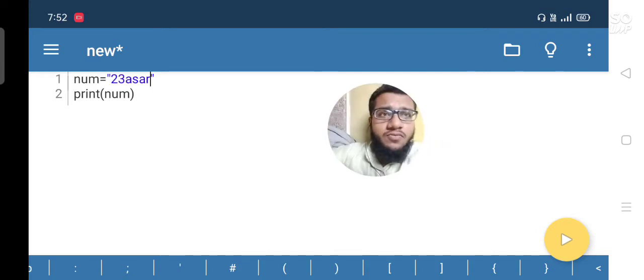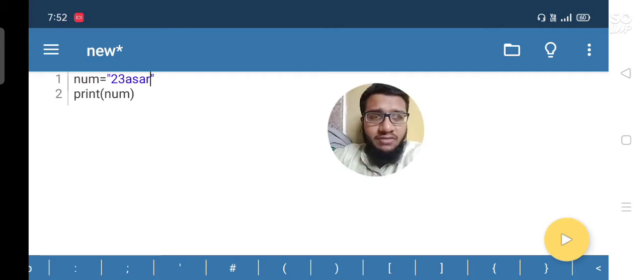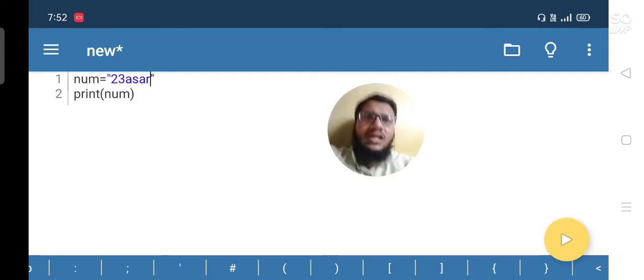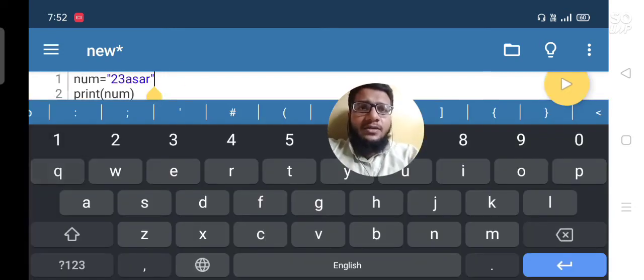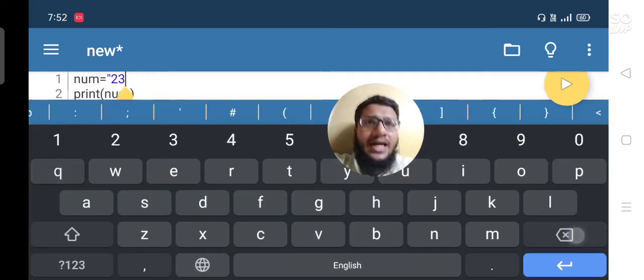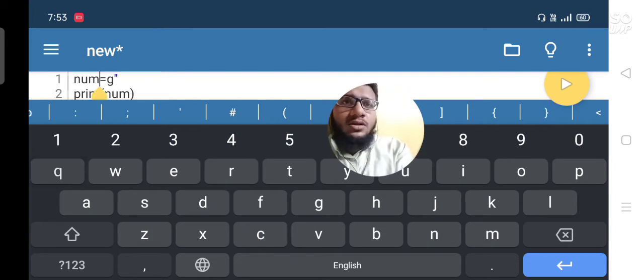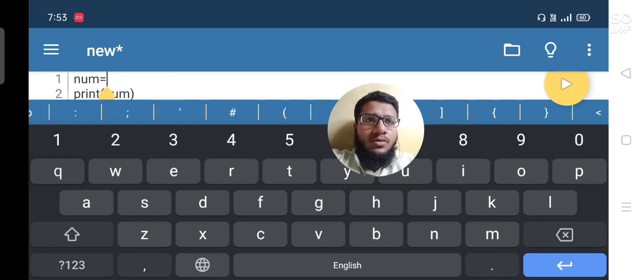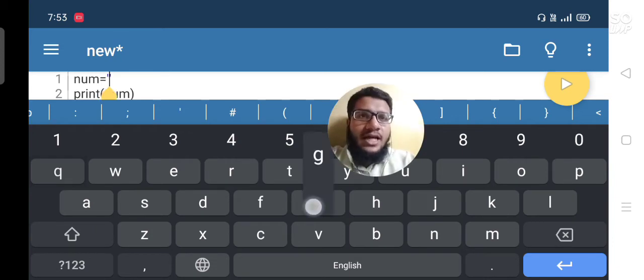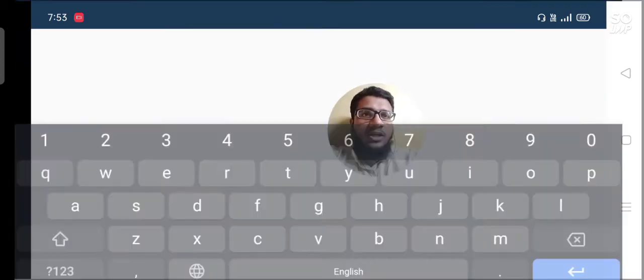So whenever you want to create a string value, you have to use double quotes, and if you use single quotes, then you can store any type of character. Say for example, I have written G within the quotes, and then I print this.